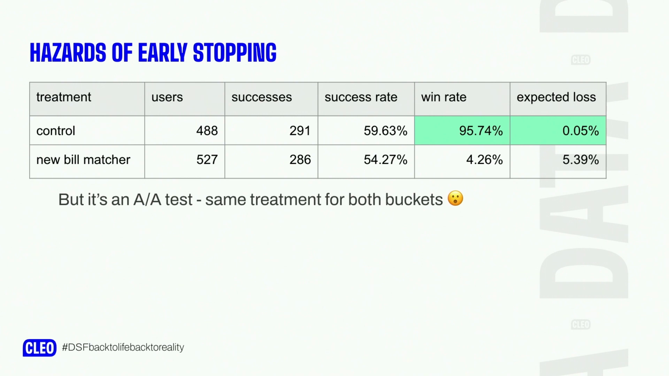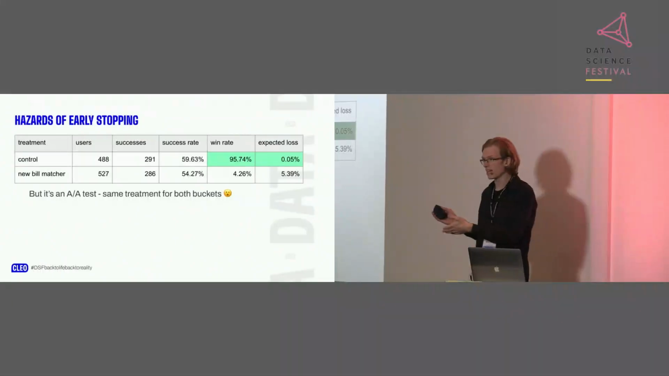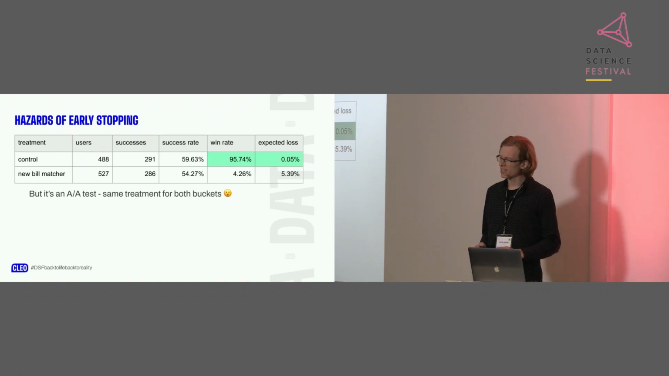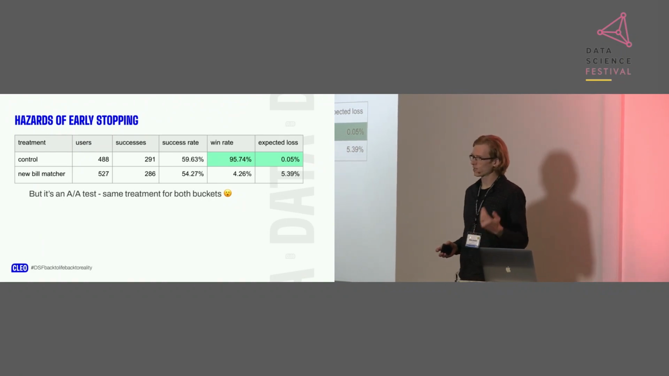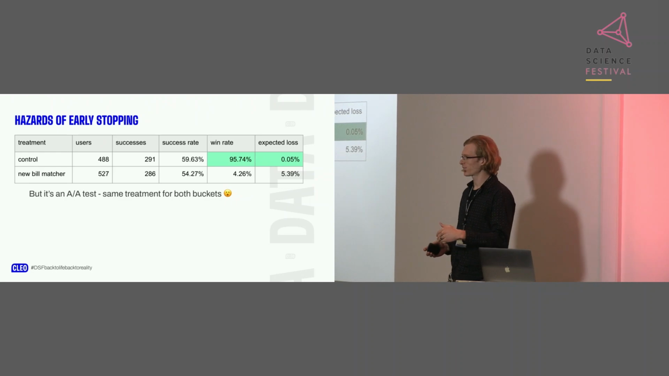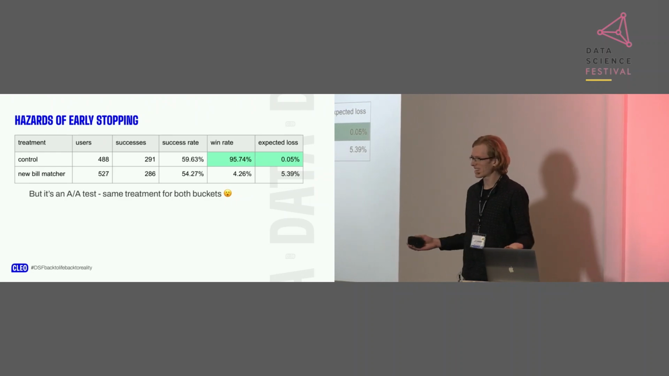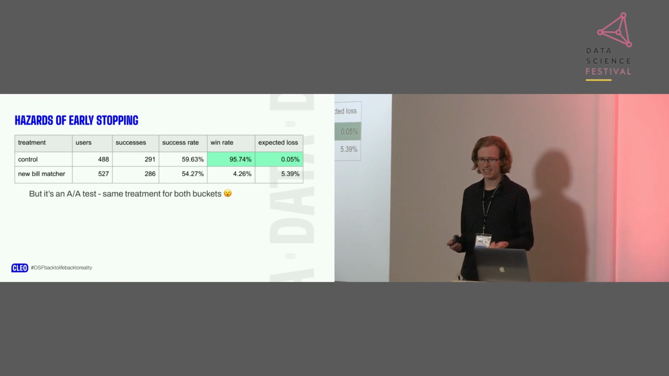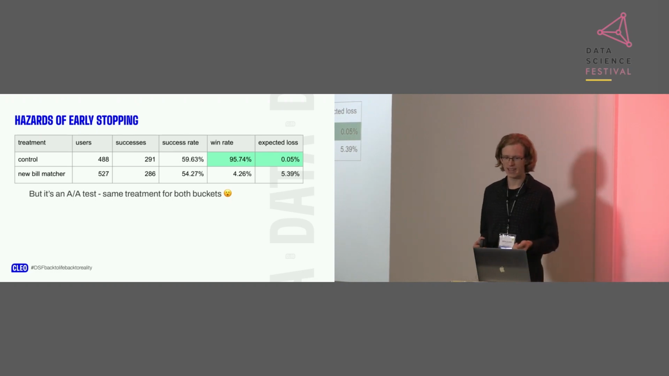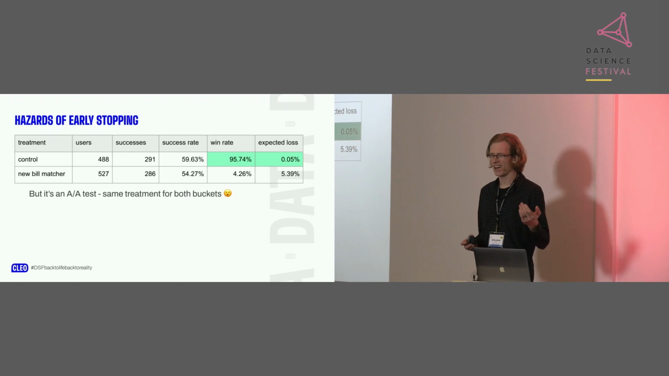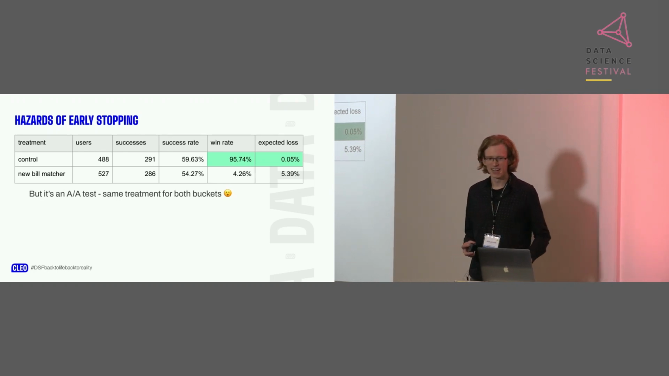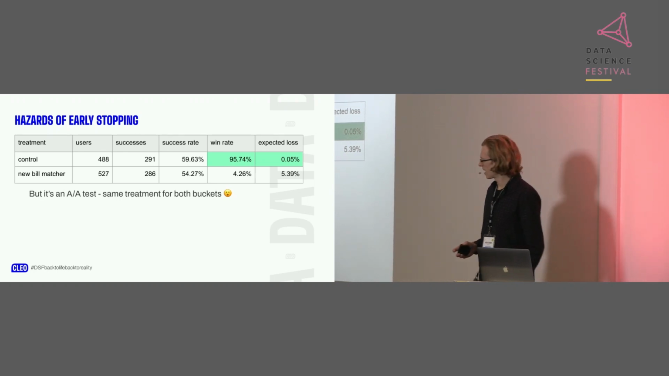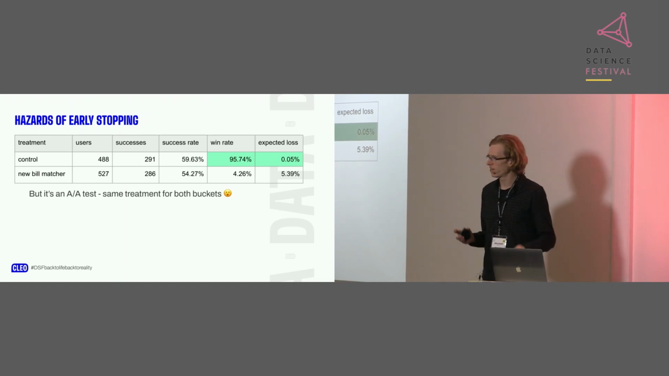It's the same model behind both of them. And it's possible to simulate this kind of AA test on past data as well. So, strictly speaking, it's correct that the expected loss is low, because the two things are the same. We're not going to lose anything by choosing one or the other, but it gives us a false positive that maybe the success rate was 5% higher with one than the other. And as you can see, quite small numbers of users